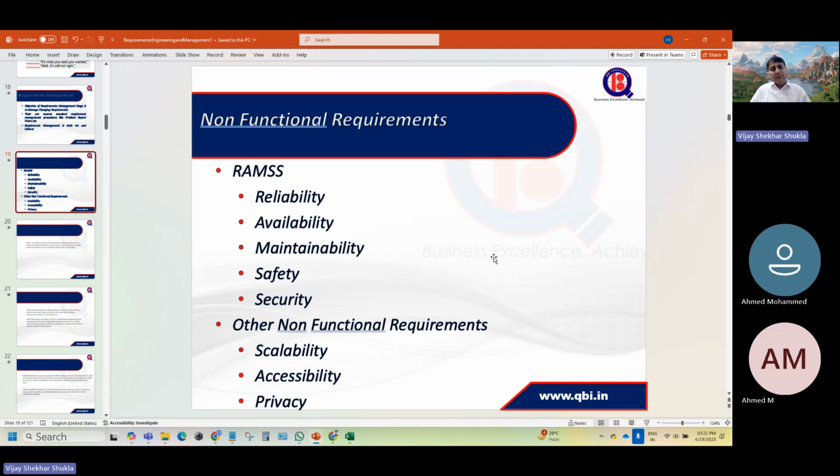Safety. Safety is the aspect of software where, while you utilize it, it should not endanger human life or the end user. Some software may have a safety aspect, some may not. For example, while using PowerPoint, there are availability and maintainability requirements, but I am not much concerned about safety issues. Whereas a software which is being utilized in a hospital, in some